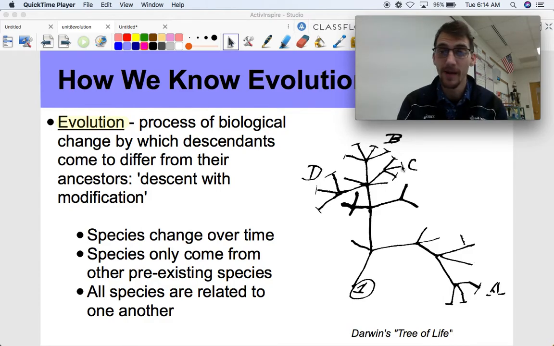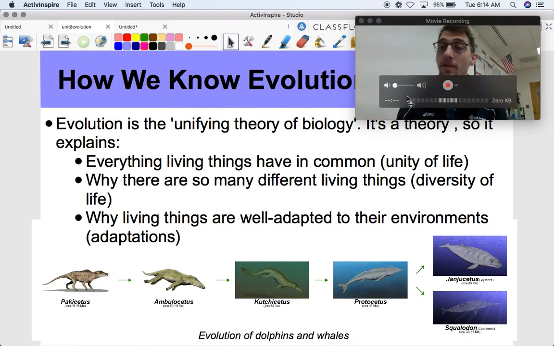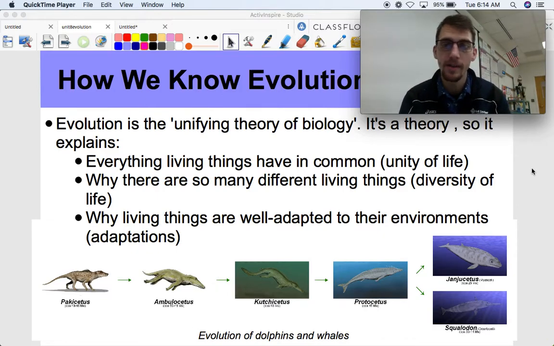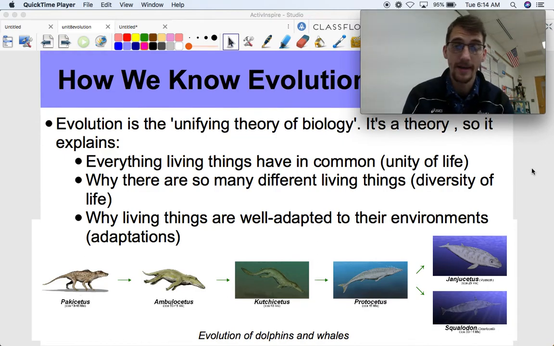That's what evolution is all about, and these are the huge concepts that really tie everything together in biology. Everything that we've learned about and everything that we will learn about is going to come back to this idea. As I said, it is the unifying theory of biology. It's a theory, and if you remember my first unit, we talked about the difference between a hypothesis, a theory, and a law. A theory isn't just somebody's guess. A theory is a really, really good explanation. Evolution is a really strong theory, and a strong theory is an explanation for many different forms of evidence that we can find within the natural world.